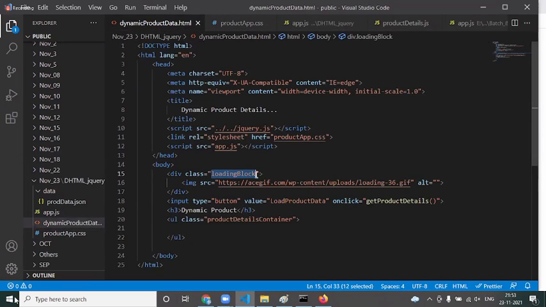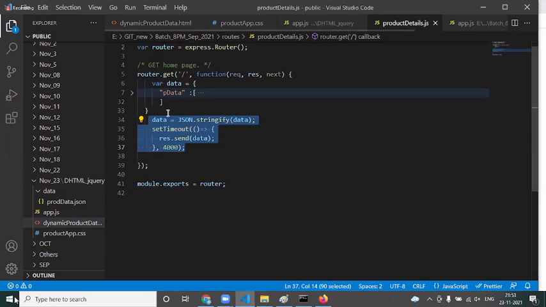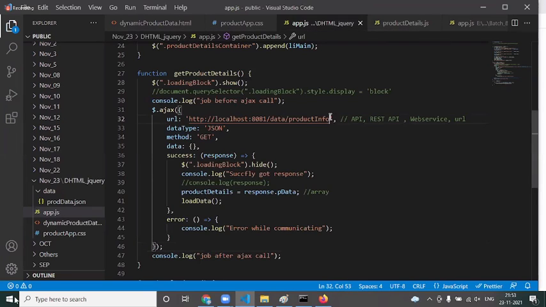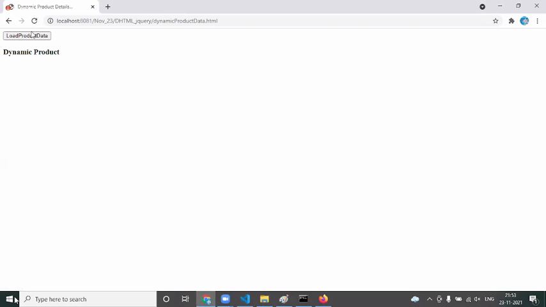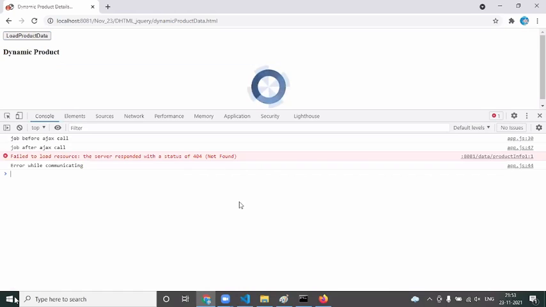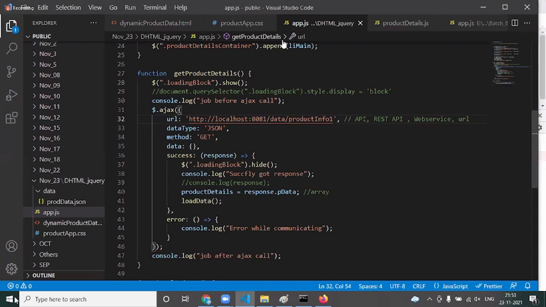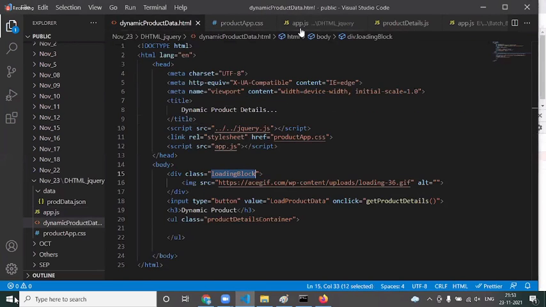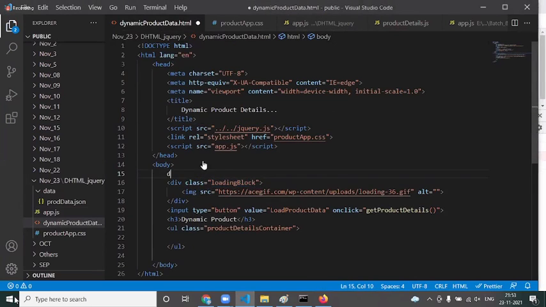When it is delaying, we are showing a loading message. What if there is a problem on the server side? Server is having some issue and is not responding, or the web service has been deleted, or you are hitting a wrong web service URL, whatever it is. Now, once you reload the page and click on the load product data, if you go into the inspect, you might see an error while hitting the server. Then how do you handle this? Do I need to show the corresponding error block also? Yes.